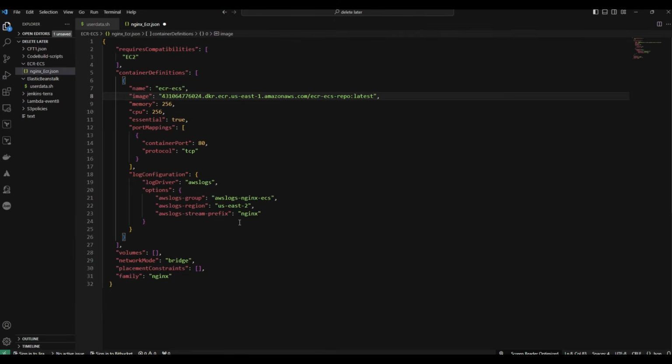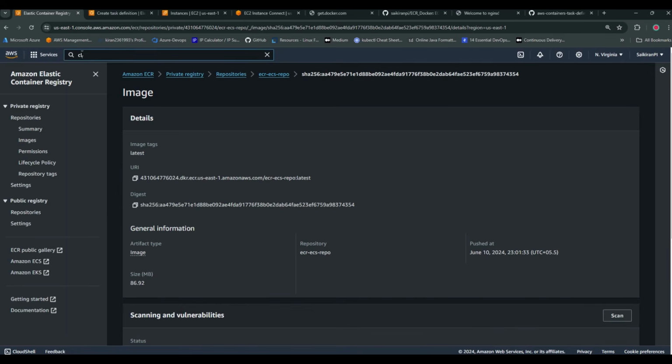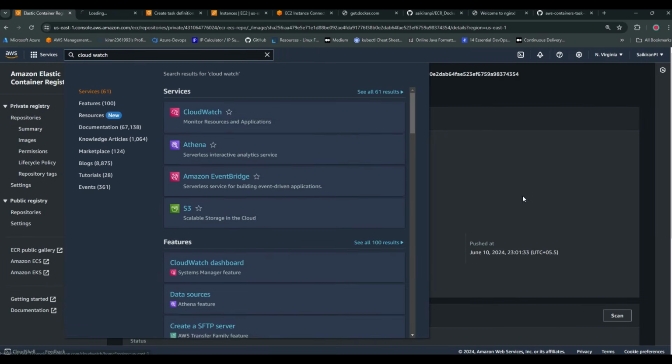Scroll down. Again guys, I'm not deep diving into Docker for now. This is just an ECR and ECS session. When we're learning about the containers part, then I'm going to explain each and everything very clearly. Right, when it comes to the log configuration, yes, we need AWS logs. Copy this log group name, go to CloudWatch and make sure that you are creating a log group with the same name.